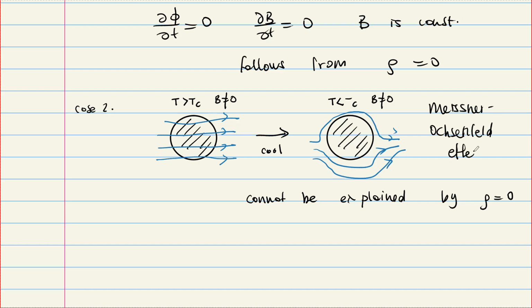Is this initial field constant? Initially it is constant, yes. You bring the magnet, and what you do is you only lower the temperature. And as you go to lower temperature and enter the superconducting phase, what we found earlier was that B was constant. But this says B is actually 0. So this doesn't say B is constant. So in that sense, this is a stronger result than the previous one.